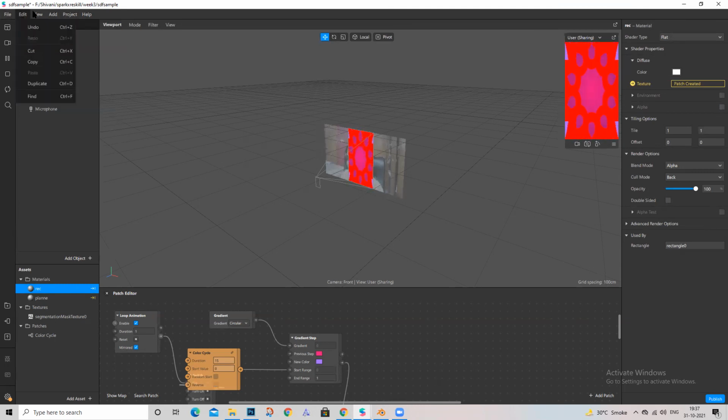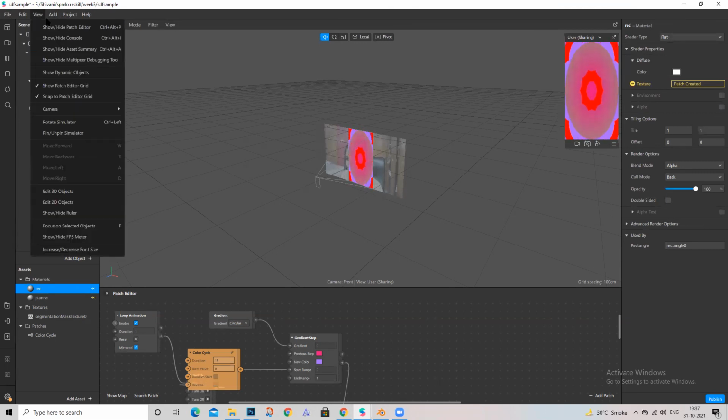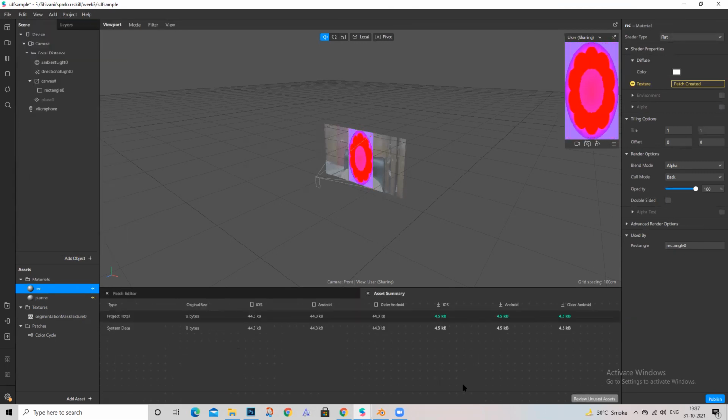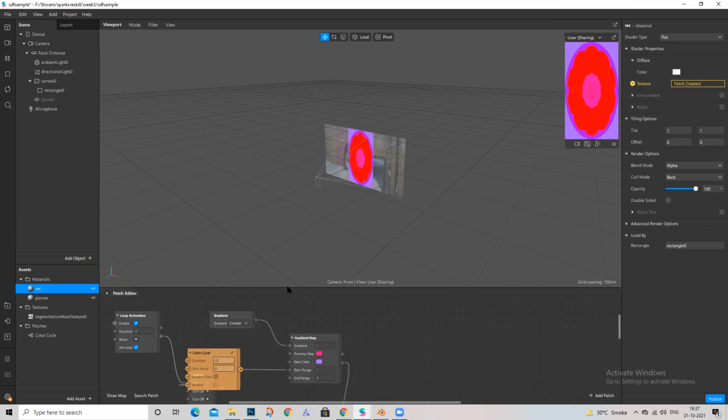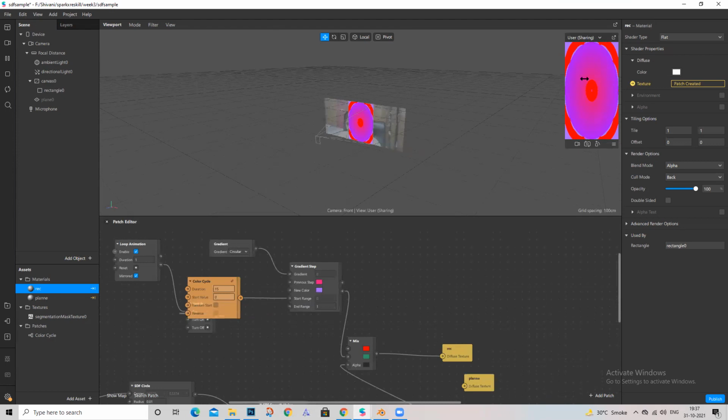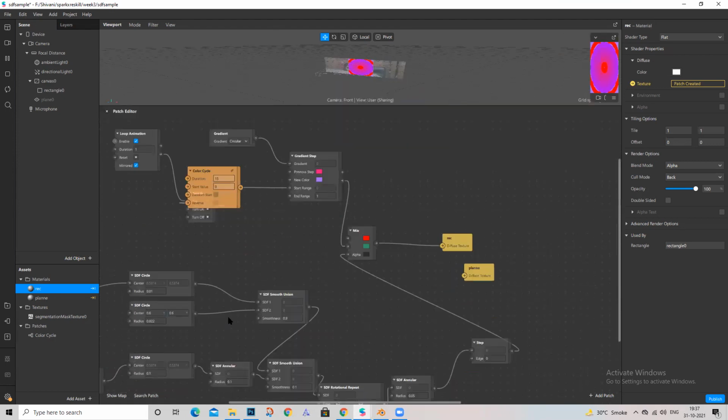And so because of that, if you like go and see asset summary में कितना है, I have so इतना सारा animation and अलग-अलग shapes वगैरह मिलके सिर्फ 4.5 KB हुआ है. Just for 4.5 KB, and all of this has happened in that much because एक भी texture I did not have to use बाहर से. So someday you will also make things better than this. This is just an example. I'll show you patch editor में मैंने exactly क्या किया. This is all patchwork. Okay, और कुछ नहीं है, just pure patchwork.